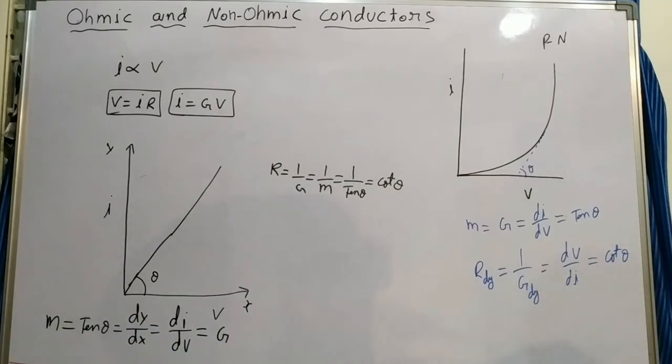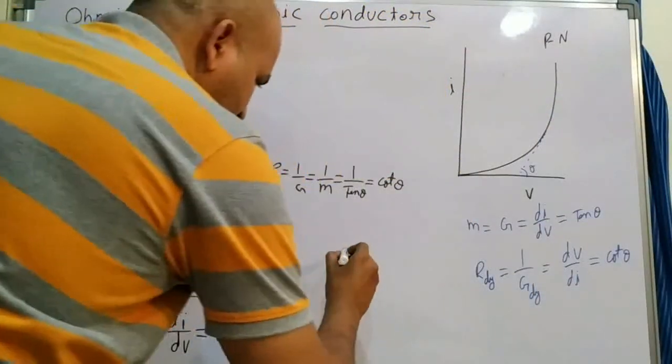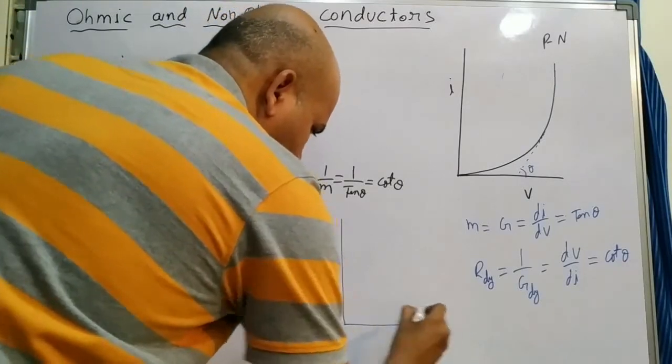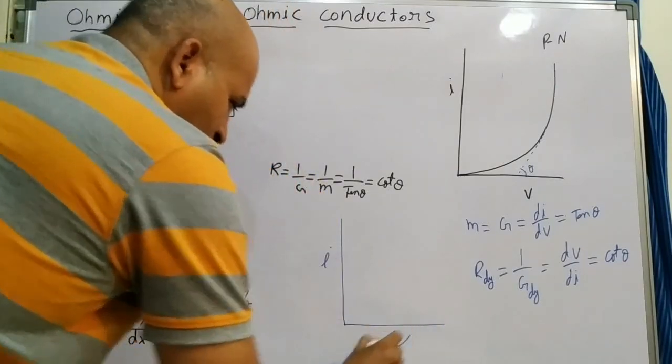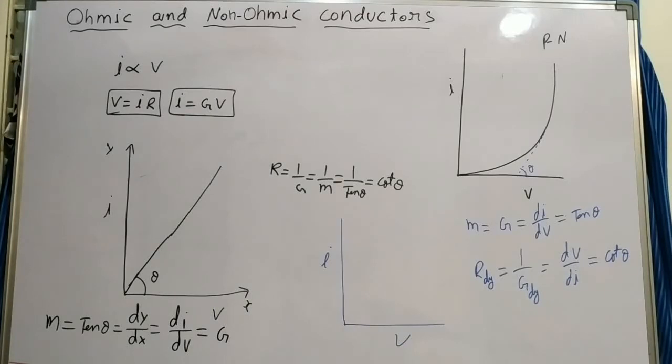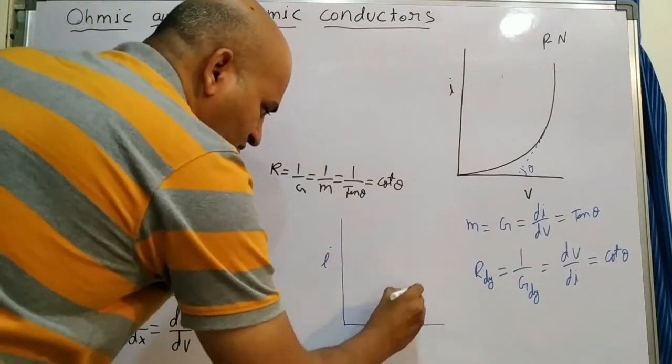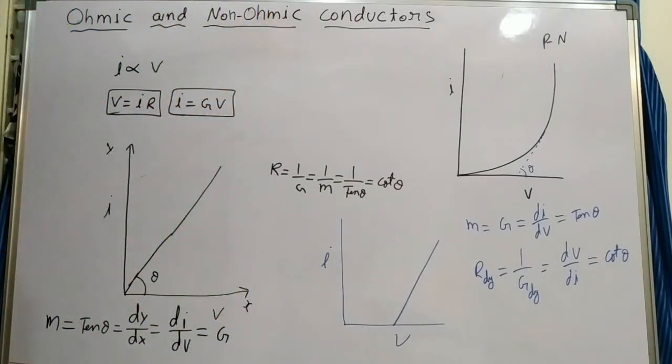Another example is vacuum tubes. Instead of a diode, they use vacuum tubes. What is the nature of the vacuum tube? Up to a certain potential there is no output current. If you take the graph of current versus potential, even as the potential increases, initially there is no current, but at a particular potential it gives current like this. This graph is a straight line, but not passing through the origin. What does Ohm's law need? A graph between current and voltage should pass through the origin and be a straight line. So this is a non-ohmic conductor.